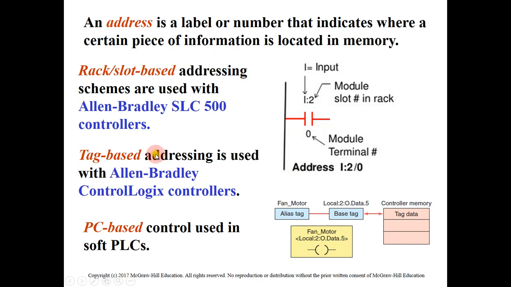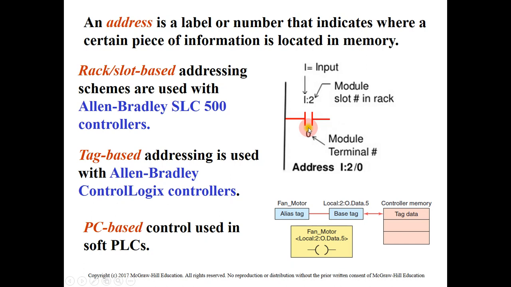So if I have 100 sensors, I should have 100 addresses. Each sensor has its own address. If I have 100 actuators, I should use 100 addresses for our actuators and so on. So this address or label, we use it to name our devices, and then we define these names inside the software or the program that we use inside the CPU of the PLC. So here, for example, we have